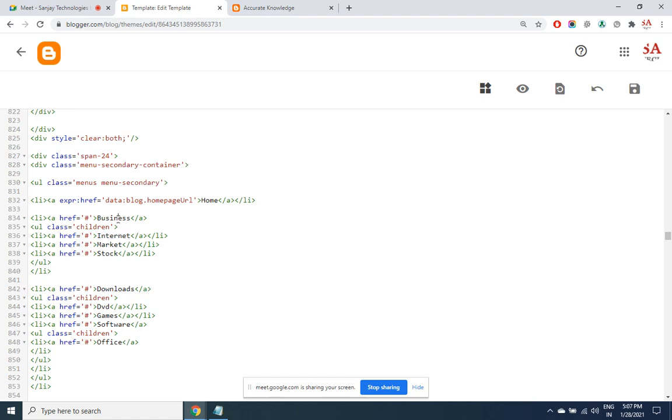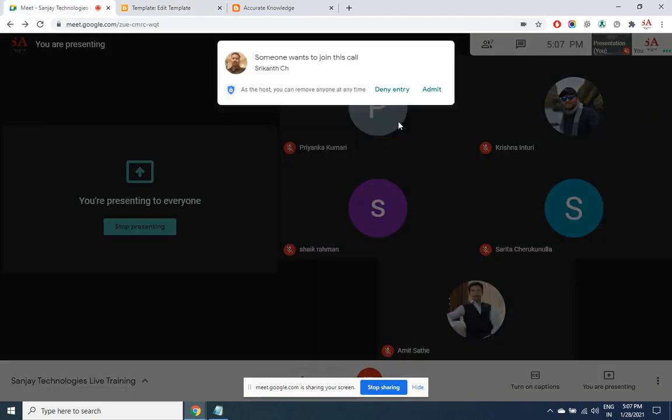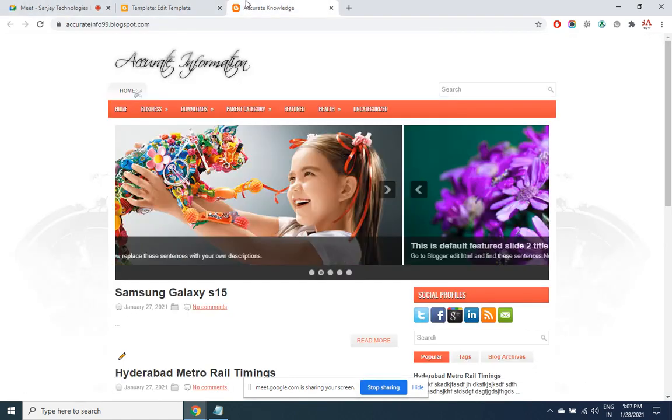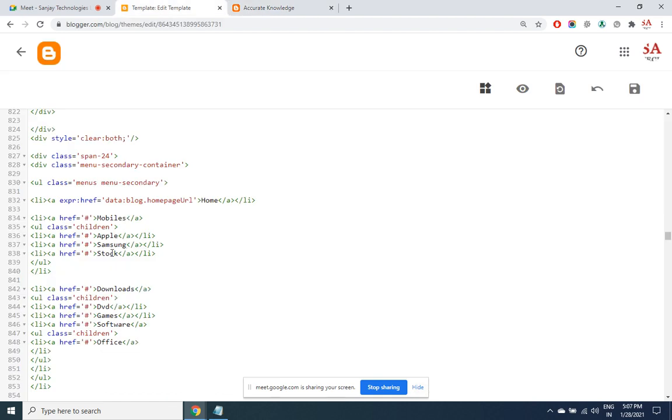So I want rather than business here as mobiles. Apple. Samsung. Vivo. I want one more, so you can copy paste this line of code.